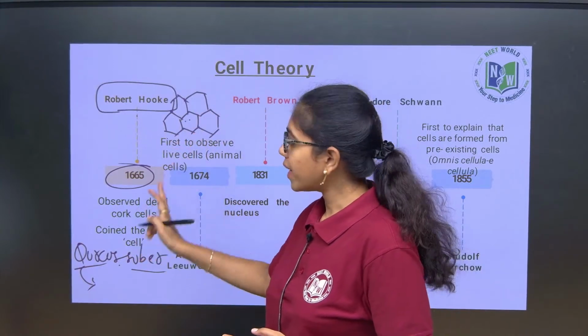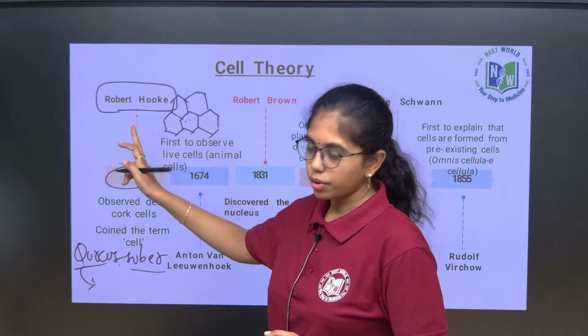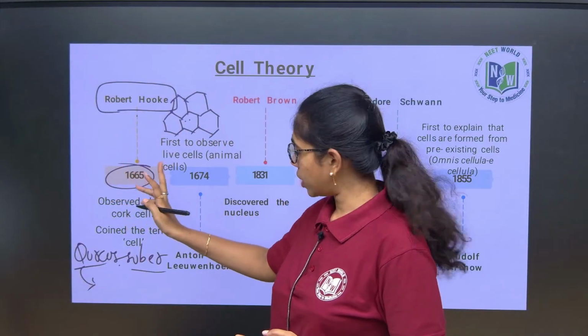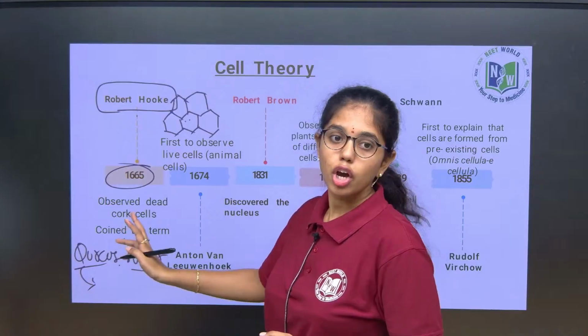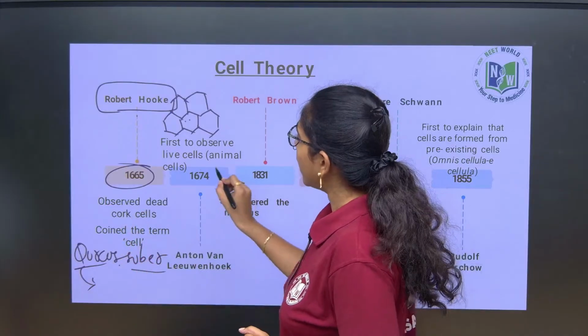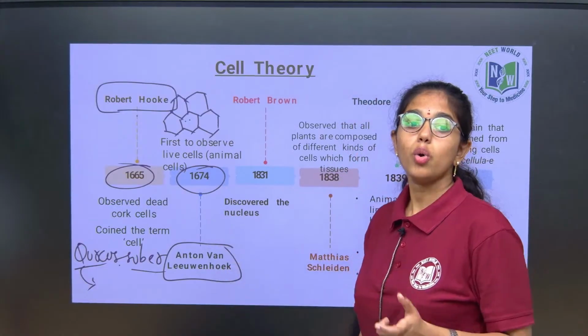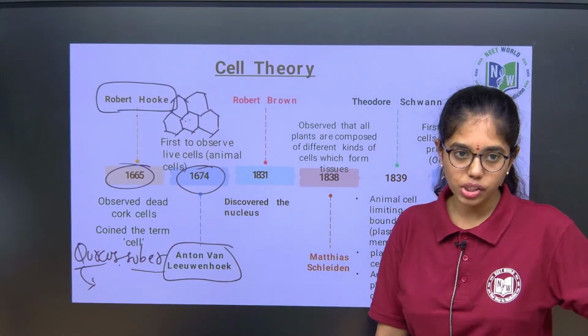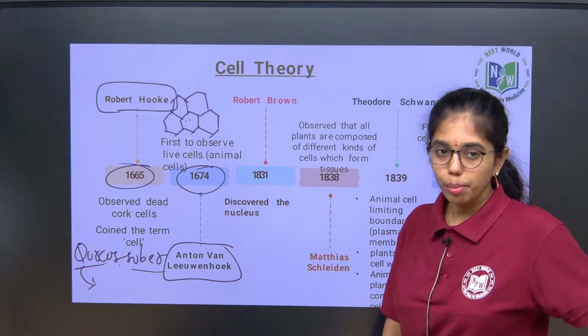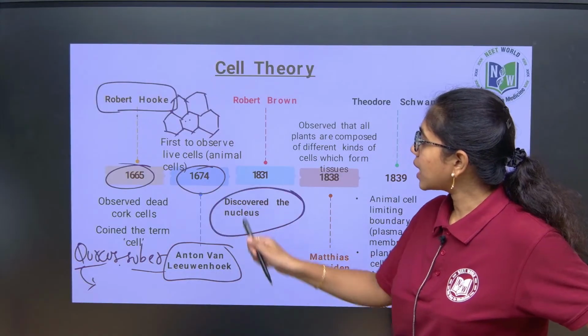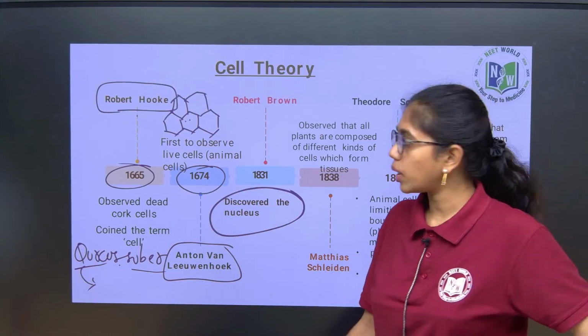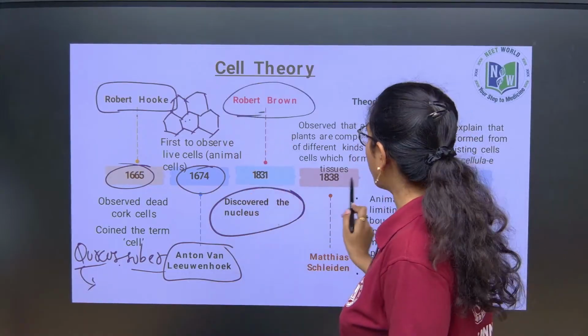So, who identified the dead cell first? Robert Hooke. In which year? 1665. From what cells? Cork cells. Fine. Next, in 1674 it is Anton van Leeuwenhoek who discovered the living cells, those which have protoplasm. Next, who discovered the nucleus? Nucleus was discovered by Robert Brown, and in